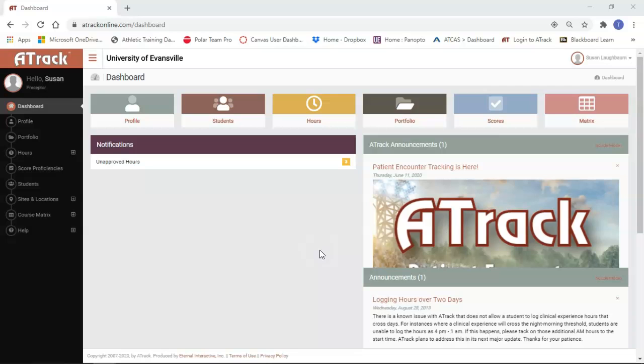And I'm using one of our administrators' accounts because she is also a preceptor in our program. But this will be the dashboard after you log in and put your email and your password in. And this should be the same for everybody. You may have a couple announcements here or there that may look different, but first thing to note are the